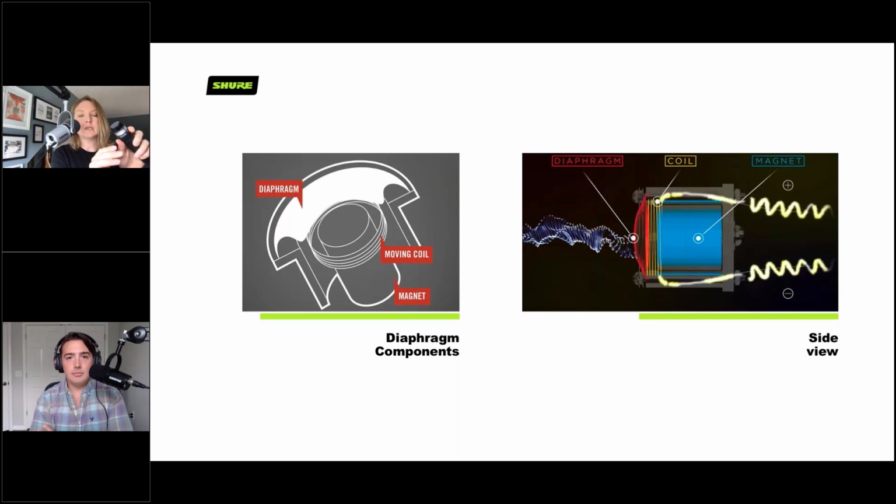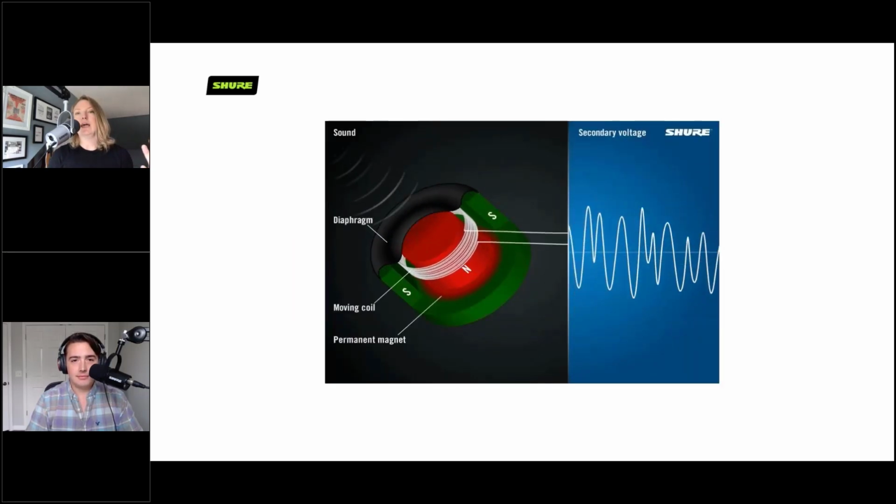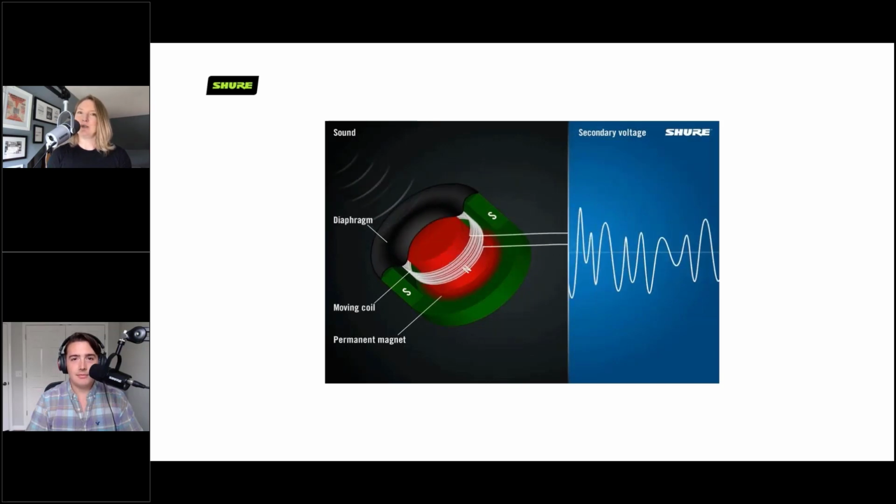But the way that it works is in that picture that you're seeing where it's kind of cut in half. This is your diaphragm here underneath this little piece of foam. And it is a thin piece of material that's attached to a wire coil, and that's surrounding a magnet. And so when you talk into it or you sing or any sort of sound that goes into it, it vibrates the diaphragm because it's really sensitive, and it moves that coil around the magnet, which creates an electromagnetic signal like this. And then that converts your acoustic energy, your voice in other words, into an electrical signal